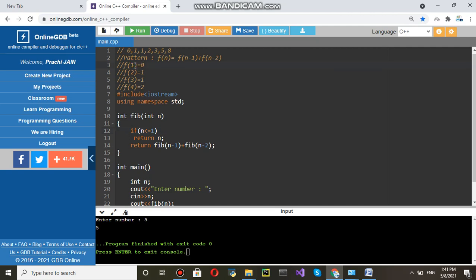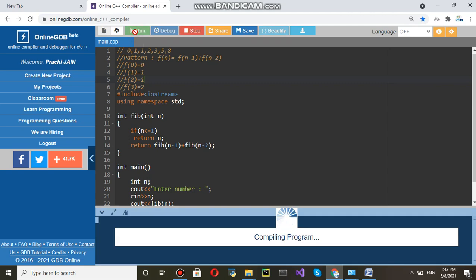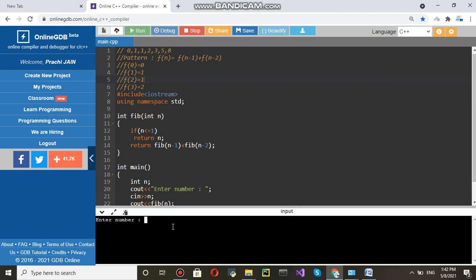So what is the intent? F of 0 is 0. F of 1 is 1. This is the sequence. F of 2 is 1, right? Then f of 3 is 2. 0, 1, 2, 3. Once again run this and let's see if the pattern is matching.